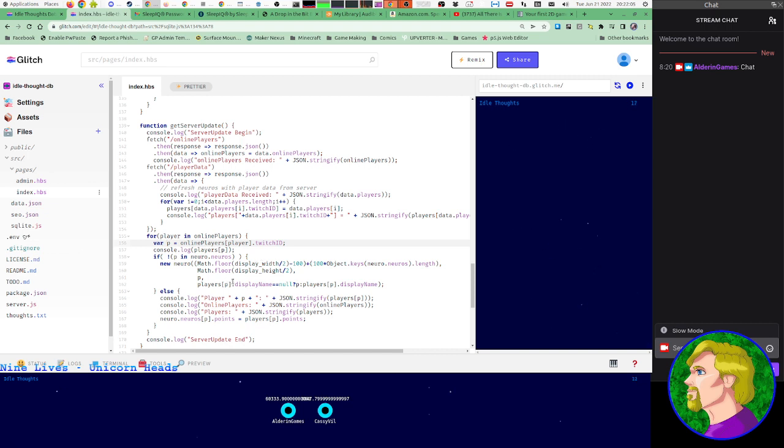So, anyway, okay. So points should equal the points that we get from the server when we get the server update. So the points in the server